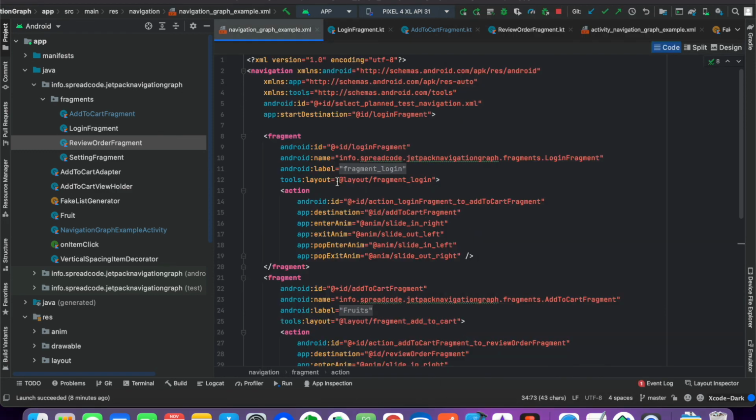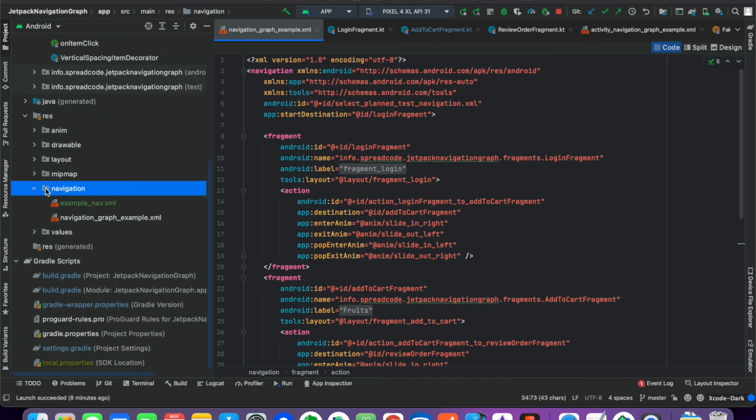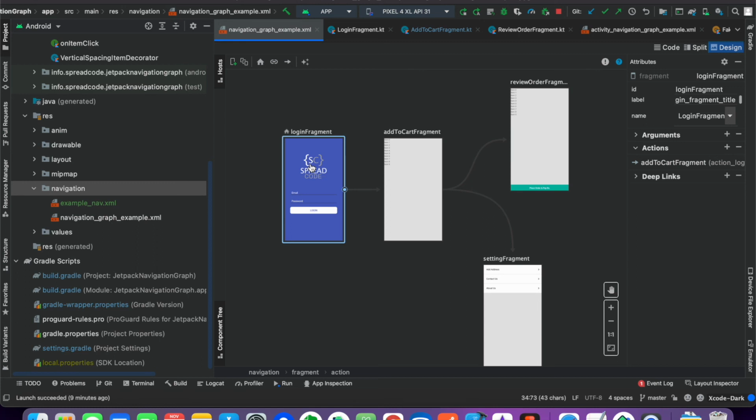Let me summarize it again for you. First you have to create the activity and fragments, and then you have to create the navigation folder inside the resource, and here you have to create the navigation graph file. Inside this you have to design the navigation flow of your application, where you select the source and the destination, what will be the entry point, and then from that point where you want to go.